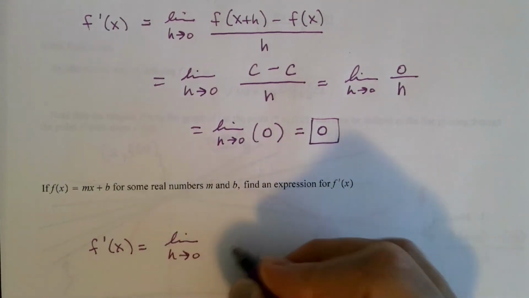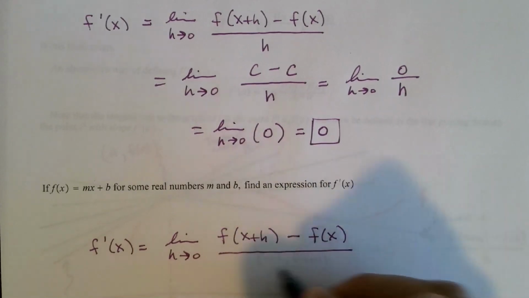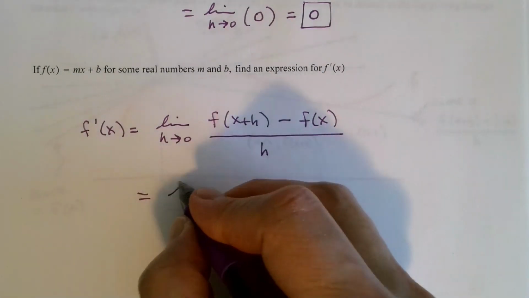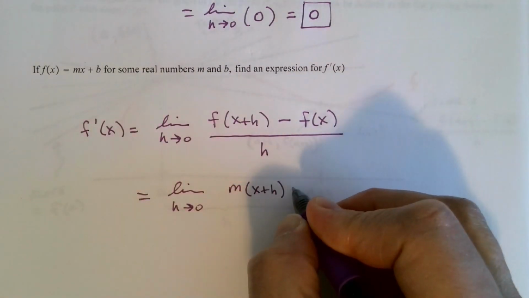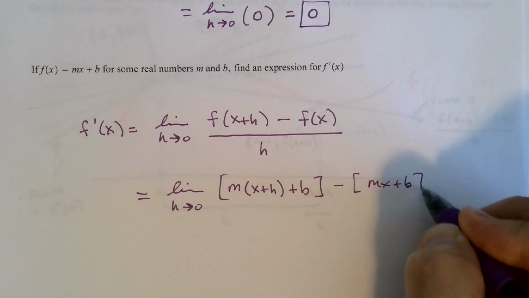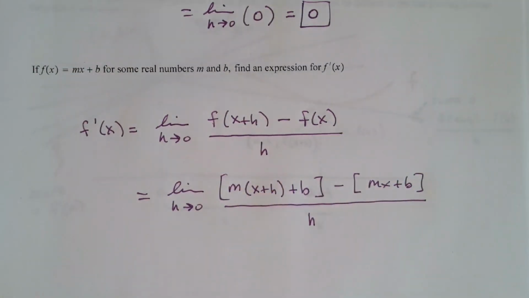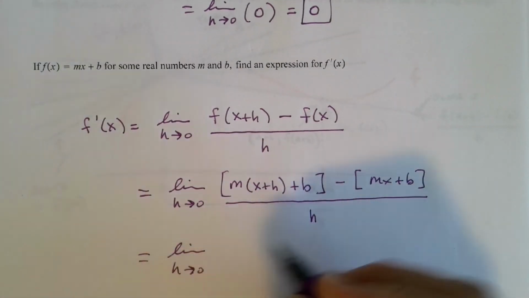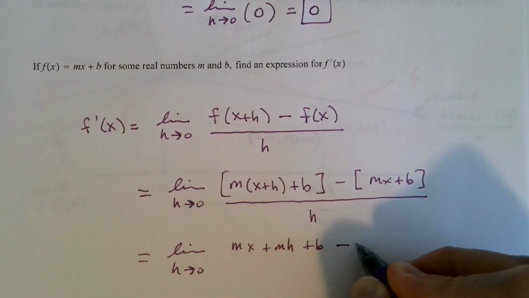The limit as h goes to 0, f of a, or x plus h, minus f of x over h. Now it's going to be a little trickier here than the last one, because now when I plug into the function x plus h, I've got m times the quantity x plus h plus b, that's f of x plus h, minus f of x, which is just mx plus b. And so I've replaced x with x plus h here, of course x with x, and I get mx plus b. So now if I plug in h equals 0, I'm still indeterminate, 0 over 0. But if I simplify here, I get mx plus mh plus b, and then distribute this negative, negative mx negative b,